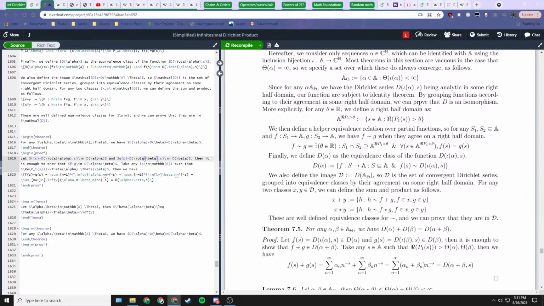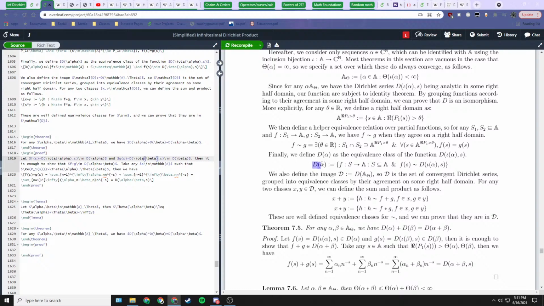So to do that, we define all these equivalence relations, and we let d of alpha, so again alpha is just in A theta,